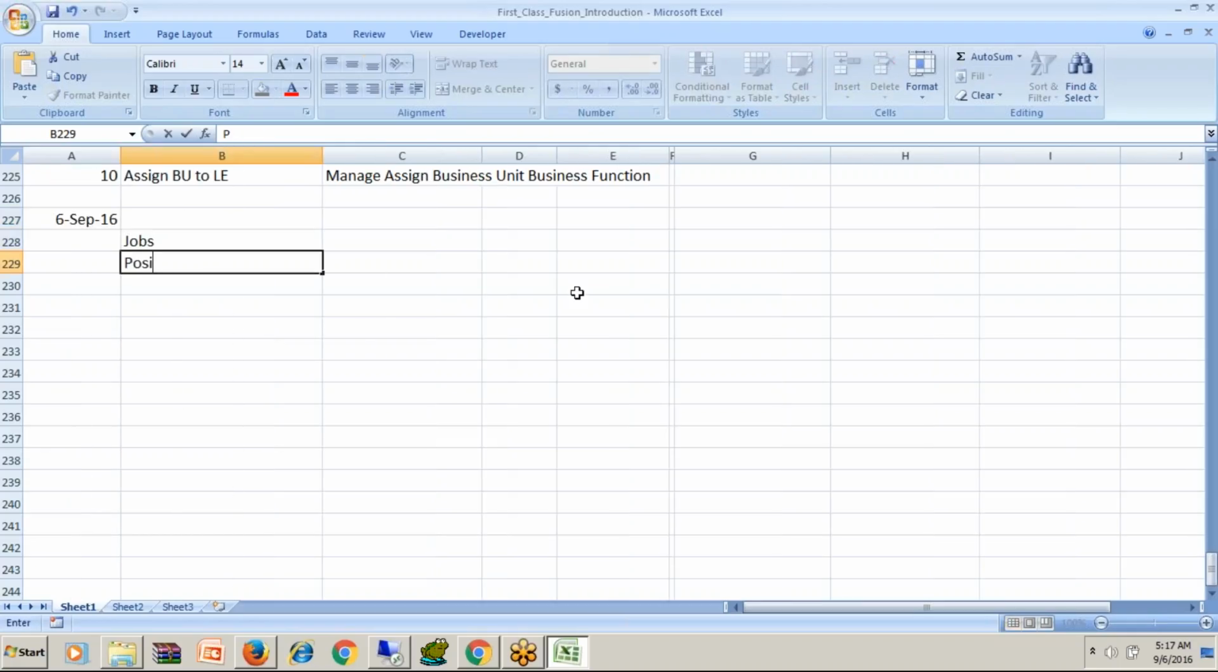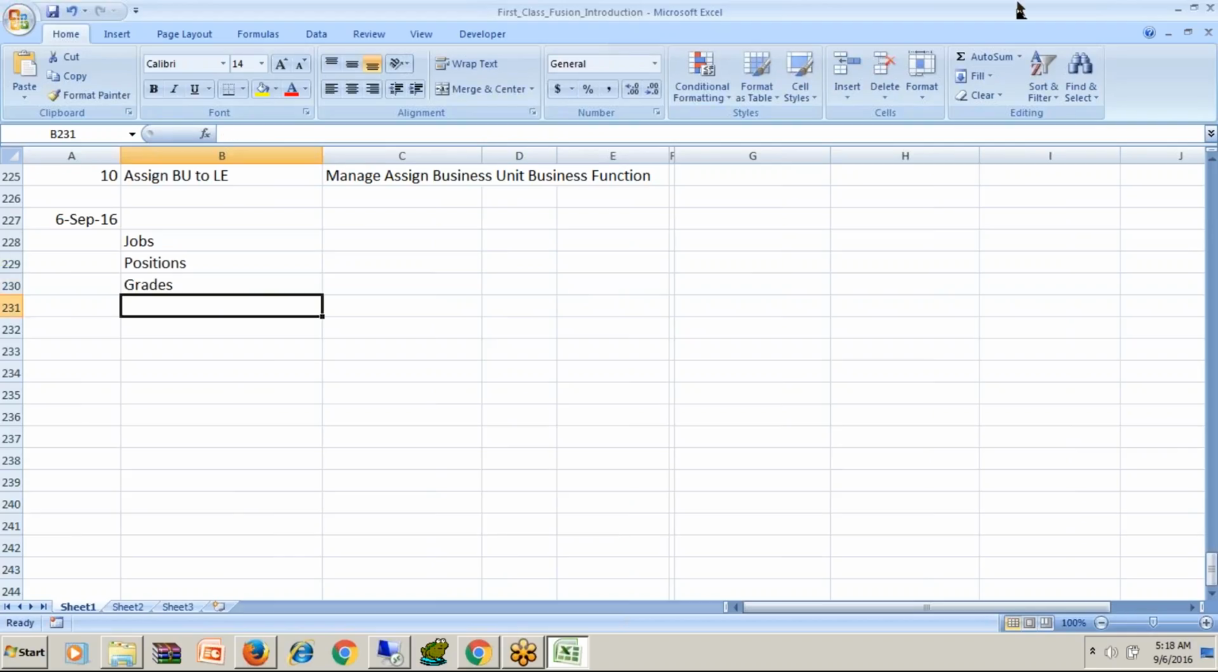Jobs, positions, grades. So these are the three topics we are going to discuss today. How to create jobs in Fusion applications, and how to create positions, and how to create the grades. This is the topic today we are going to discuss. Okay,